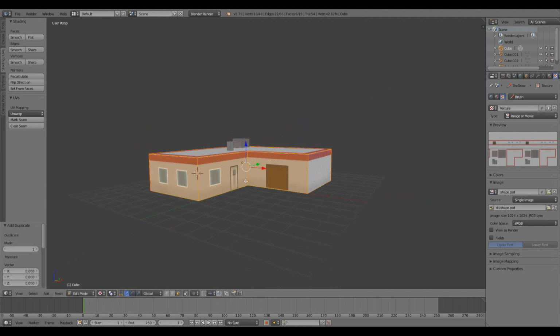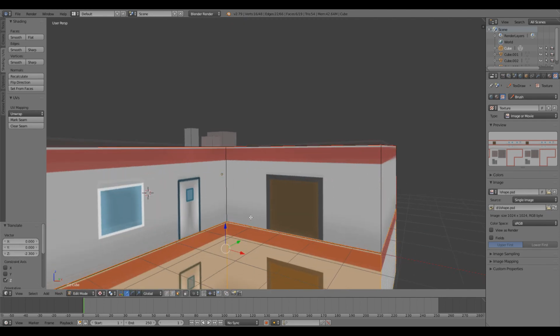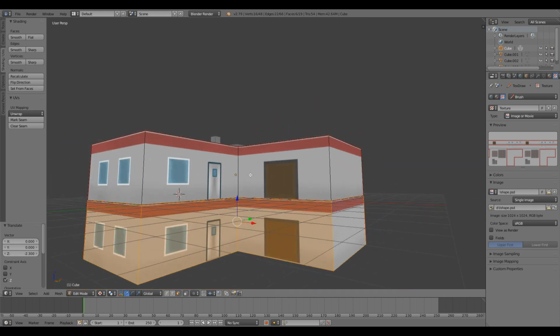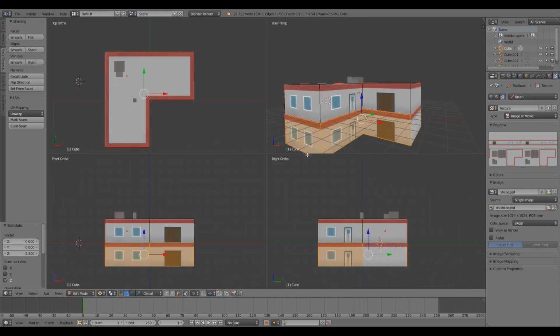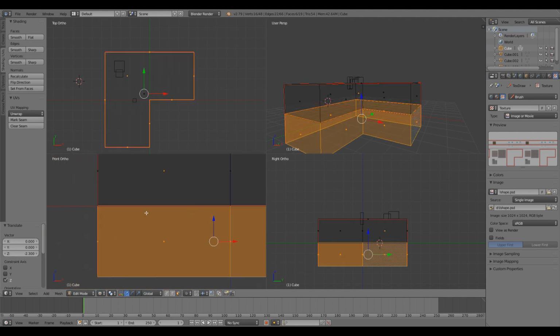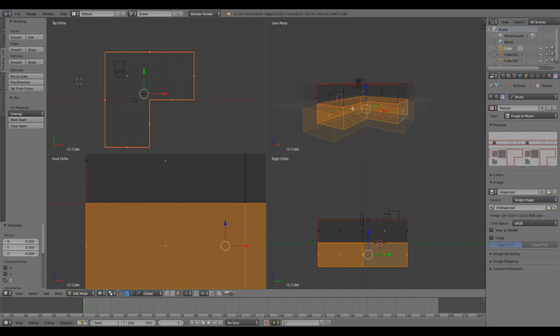Oh, I messed this up. G, Z, and -2.5, no, 2.4. I don't know why this isn't -2, because I thought this is a 2 sized building. Let's hit Z and move it with the mouse, so I don't know how small this is, but